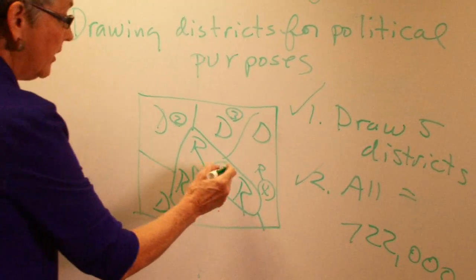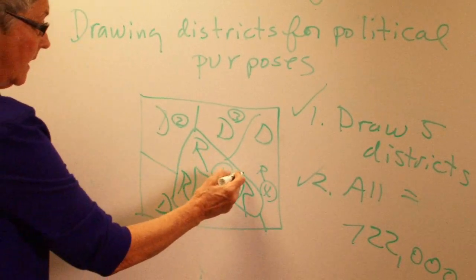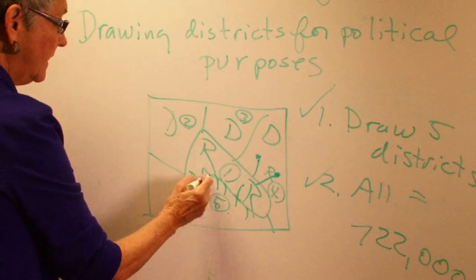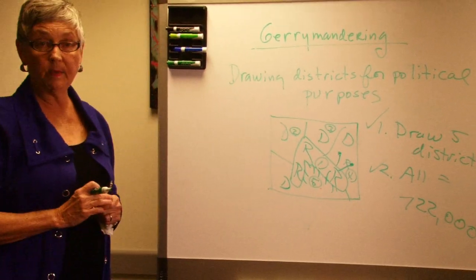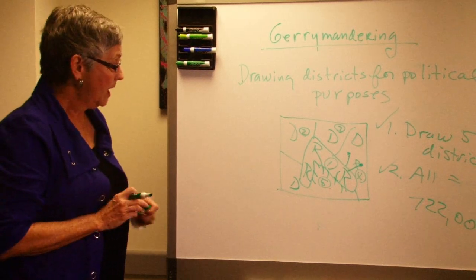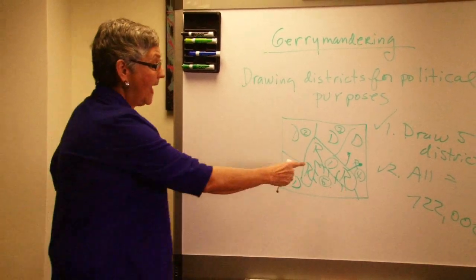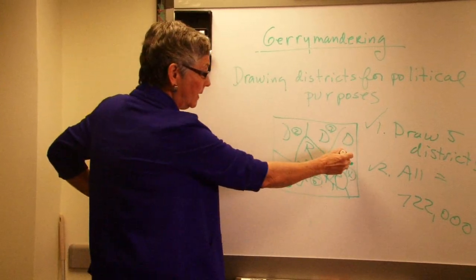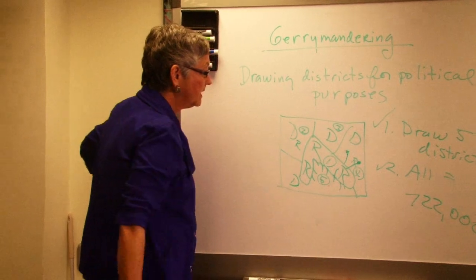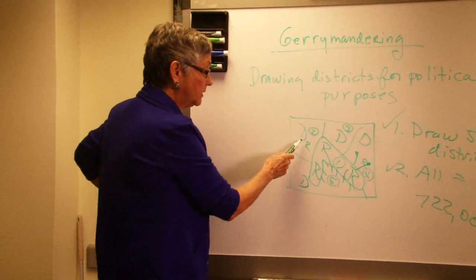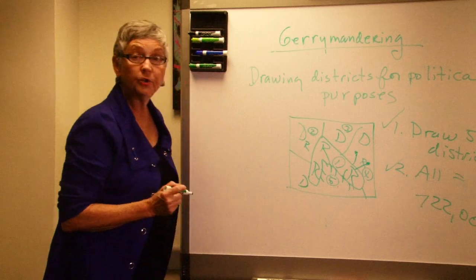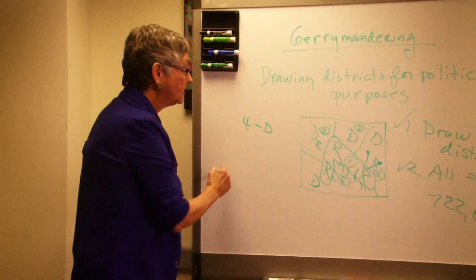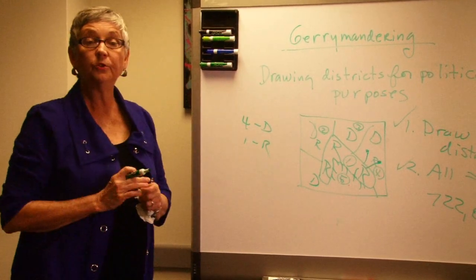But here is our gerrymander right here. Why, this district might look, if you put feelers on it and a little mouth and little legs on it, just like a salamander or a gerrymander. But what have I done here? I have packed all the Republicans into one big district, and I have split Republican strength, putting some Republicans here with more Democratic strength in these districts, thus ensuring that this state most probably will elect 4 Democrats and 1 Republican to Congress.